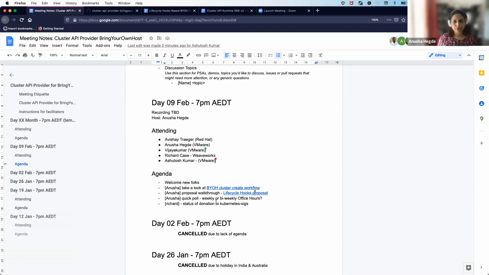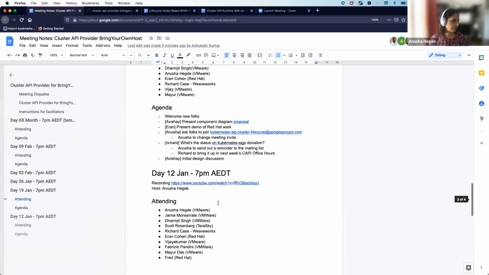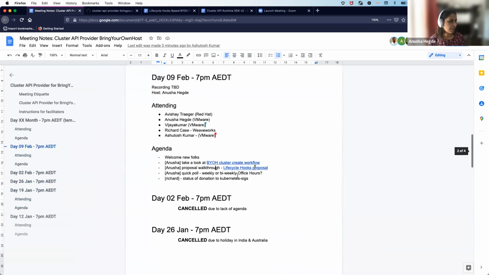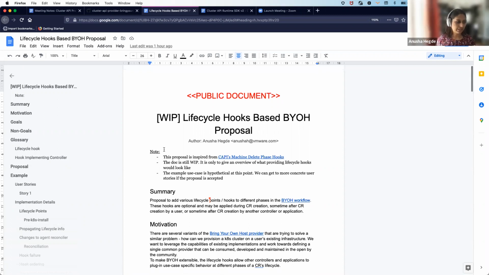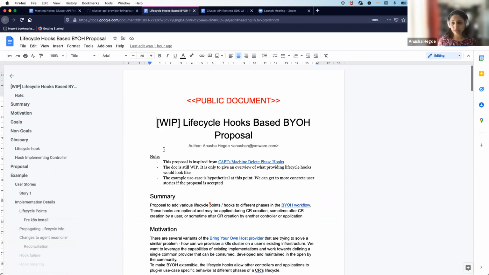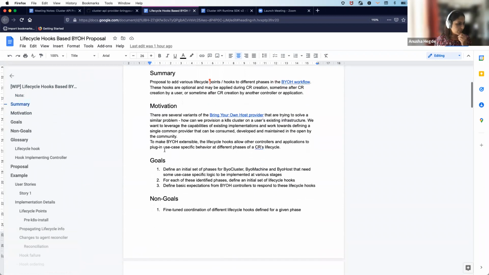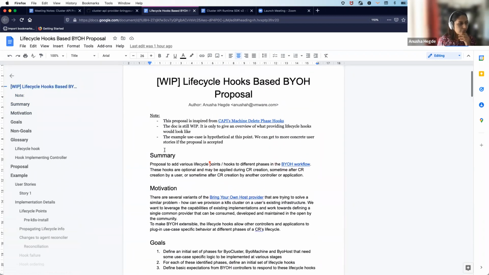So there's an earlier proposal by Avishai. You can look at earlier office hours meetings. And today I want to walk through another proposal, that is the lifecycle hooks based proposal. So some disclaimers before I start this. This is only a work in progress, not even work in progress. It's a small rough draft, because I wanted to just convey the idea of how we can use lifecycle hooks. And this talk is not thoroughly detailed, there could be gaps, but the main idea is